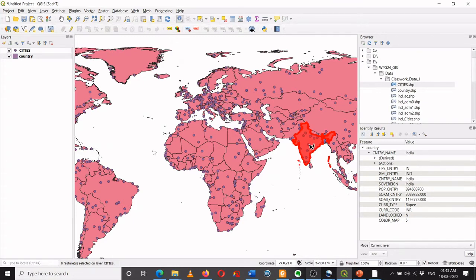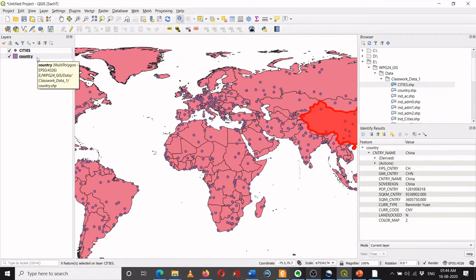So in such a case, when you come across a problem that you are clicking on the map canvas but things are not happening the way you want, you always go and check the status in the layer panel. So let's look at some of the characteristics of the layer panel. Here, whenever I click anywhere on the map, I am selecting only the polygons, because in the layer panel the country shapefile is getting selected.